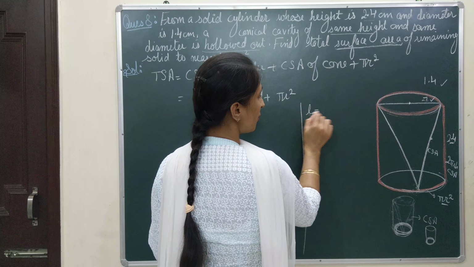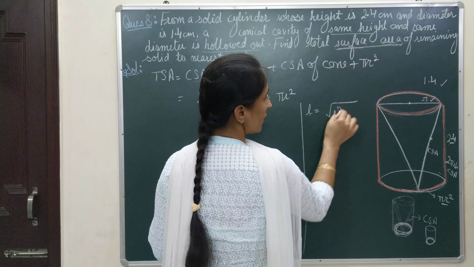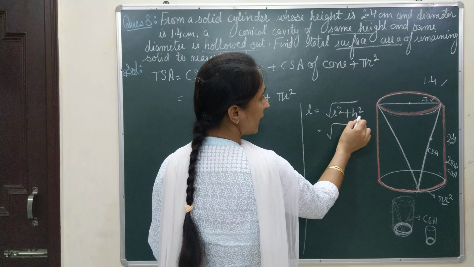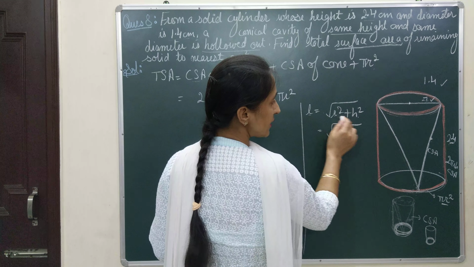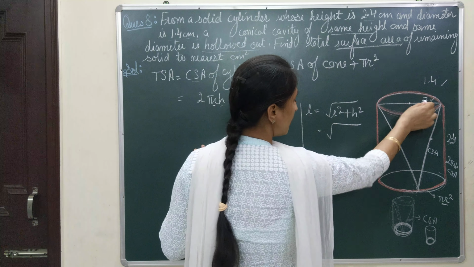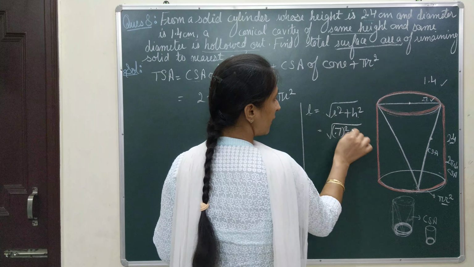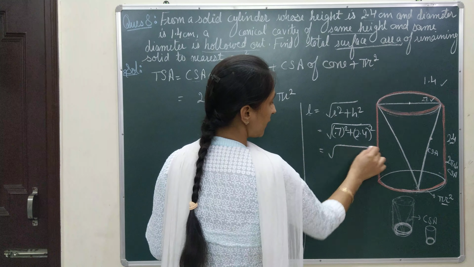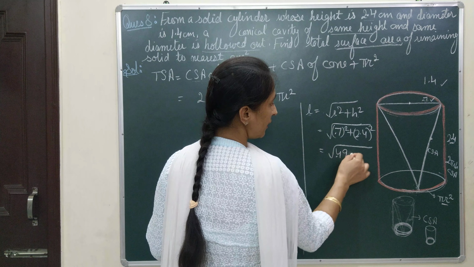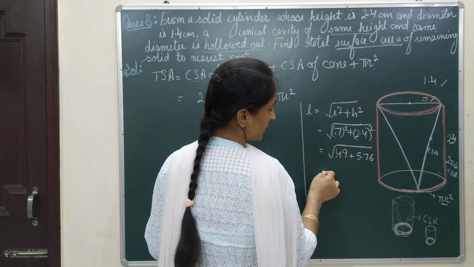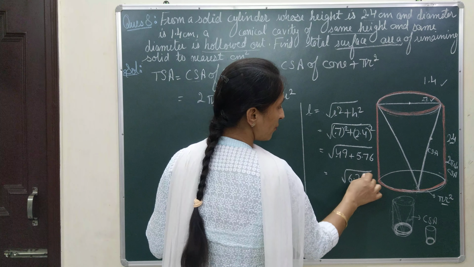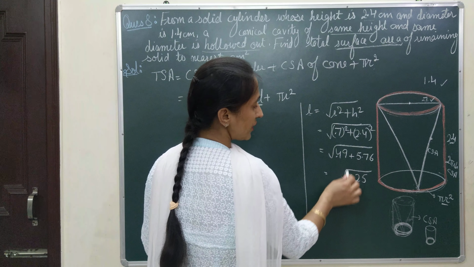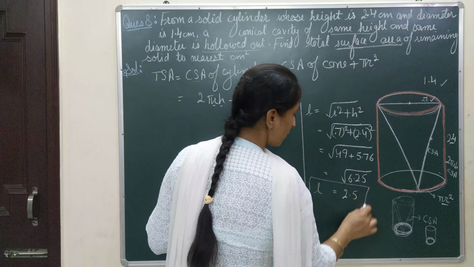And you know the formula for L. It is root r square plus h square. So you are taking r and h for this cone, and as these are the same for the cylinder, you will be using the same 0.7 for r, and h will be 2.4 square. When you take the squares, it is 0.49 and 5.76. When you add, it will be 6.25, which is 2.5 when you remove this root. So you have got that L is 2.5 now.